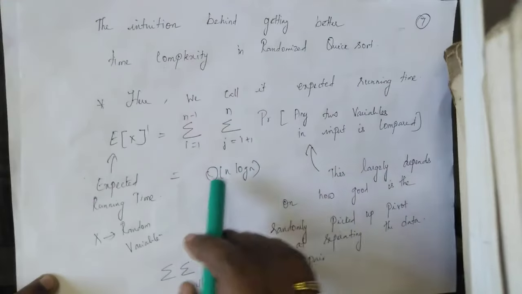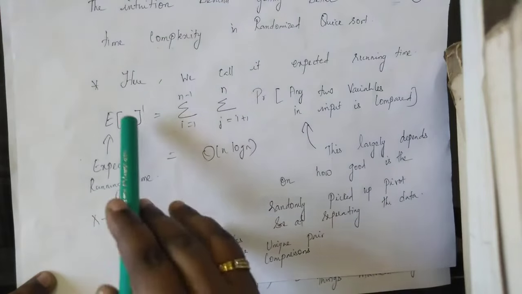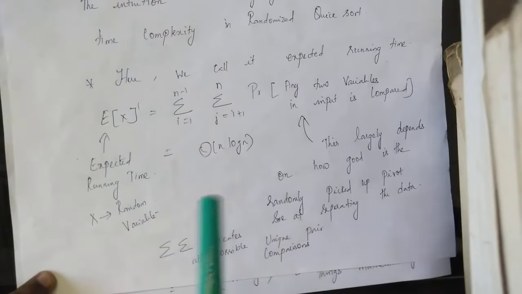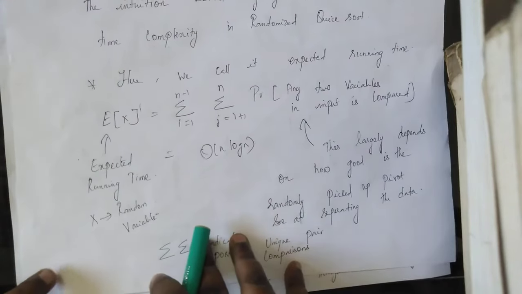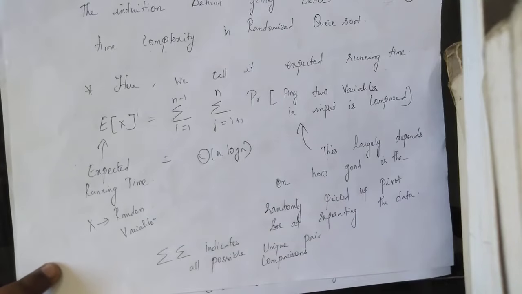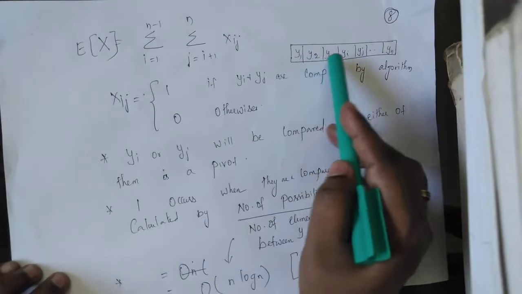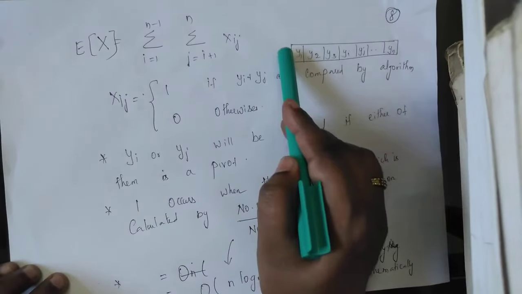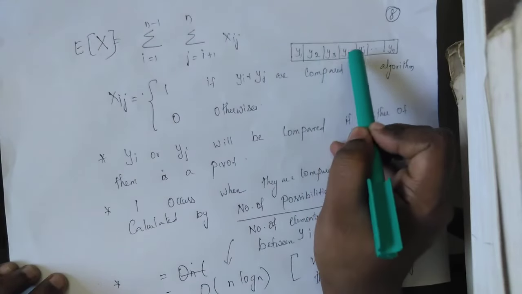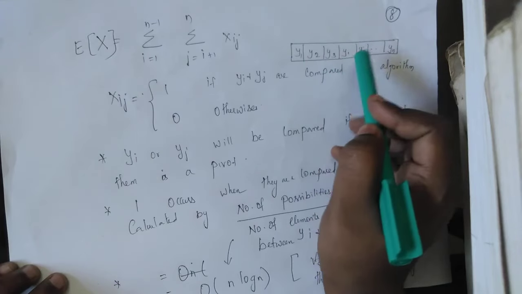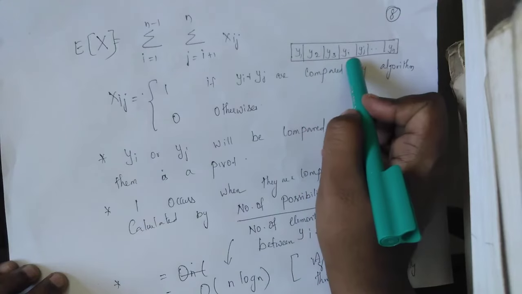What we are actually trying to find is this X, which we call a random variable, because we are randomly picking two elements of the input and trying to understand how many times they are compared. To make things even better, let's look at this array. We will only compare with the pivot element. In the partition algorithm we had, we take an element and always compare it with the pivot element.